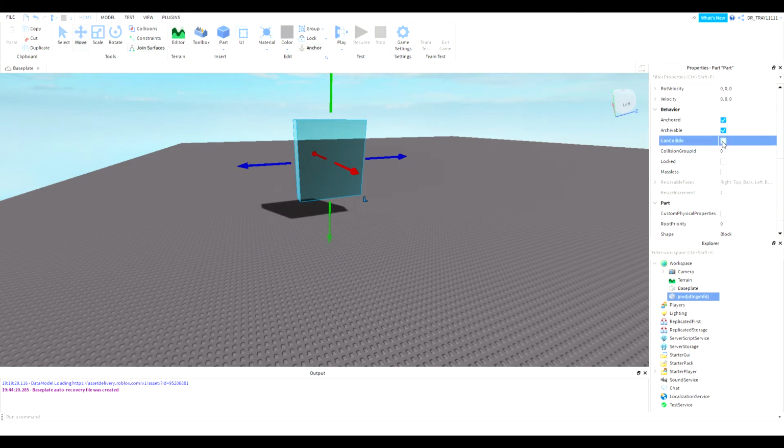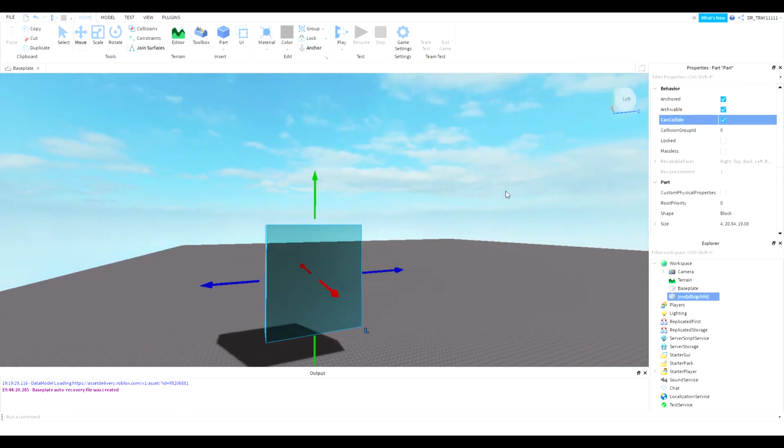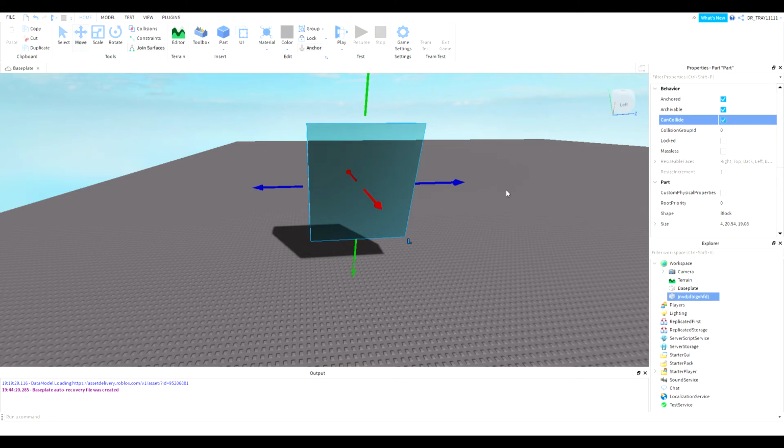CanCollide is like if you can walk through it. The collision group ID is basically like items have different collision groups, and if an item has the same collision group as the other, they will collide. If they do not, they won't collide. You have Locked, so you can make it so you can't select it. Massless, which makes it have no mass. And you have the size and the custom physical properties,